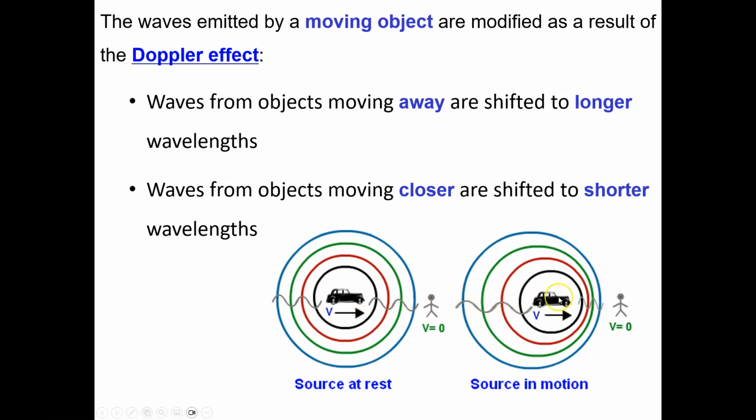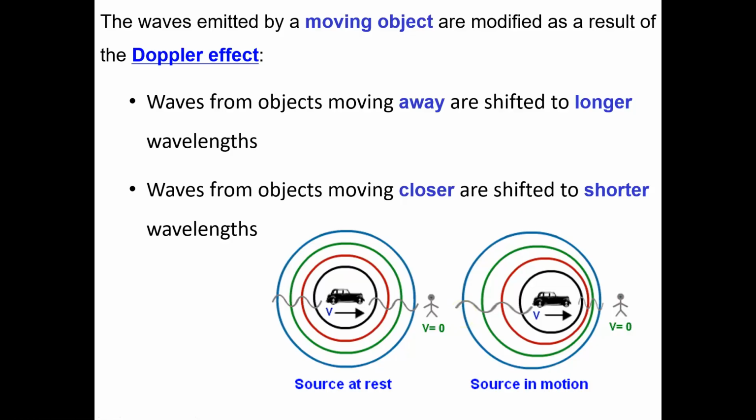However, when the car starts moving towards us, the wavelength gets kind of squashed up and it sounds more high-pitched. But when the car is moving away from us, the wavelength gets stretched out and it sounds more